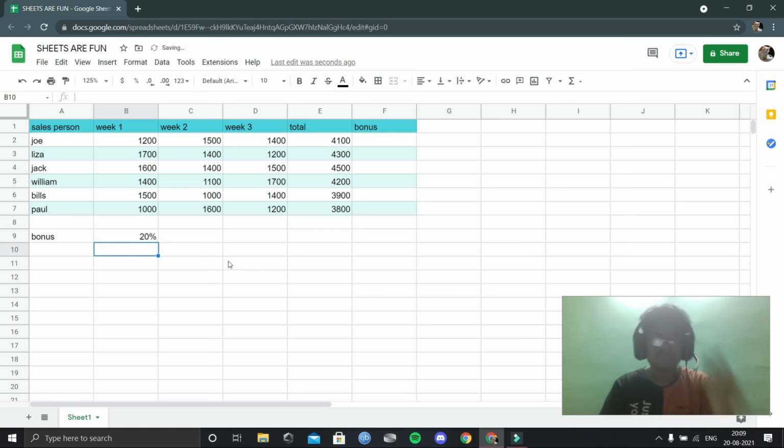20% of bonus. And then I'm going to calculate the bonus, which is I'm going to again use the universal mathematical symbol, equal to, and then give the total E2 and give the star in the numpad and click on this 20% and give enter. I get the bonus of rupees 820. And then if I use the autofill option,